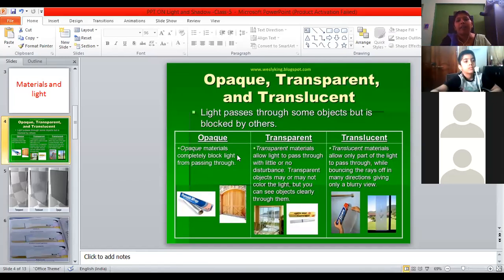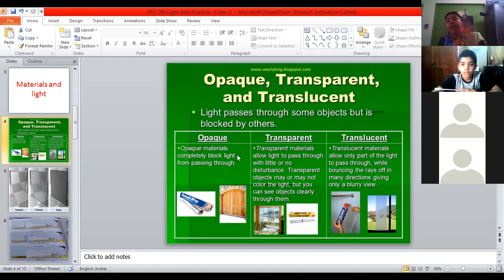Next one is what, children? Opaque materials. Opaque materials means materials that do not allow the light to pass through them. They block the passage of light. Ma'am, like wood. Yes. For example, see this one, it is a thing made of plastic, right? So this will come under opaque object. It will not allow the light to pass through them, not even some amount of light. It will block the way of the light, otherwise it absorbs the light.